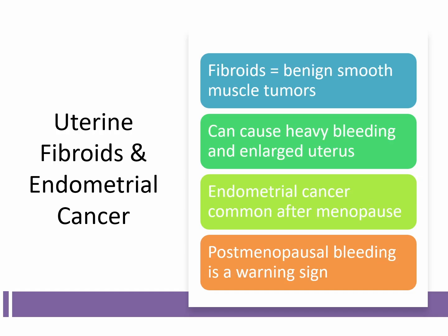Alright, so leiomyoma is also called the uterine fibroids. They are benign, solid tumors of the uterus and made from smooth muscle tissue. They are the most common benign tumor of the female reproductive system. Symptoms include many fibroids